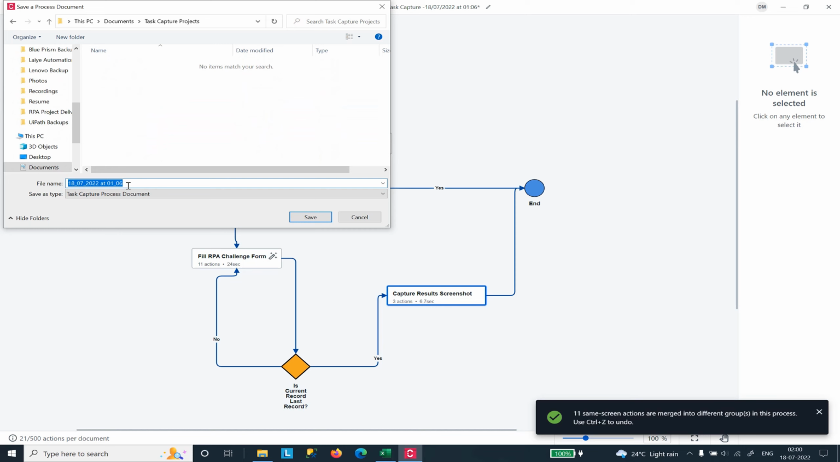here I can maybe name it RPA challenge task capture. I can just name it something like this, and it will save it as a task capture process document. So if I click on Save,